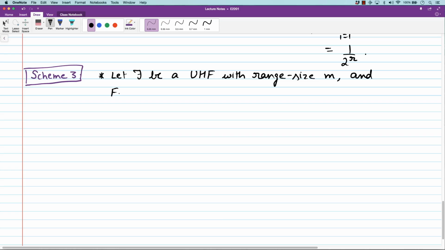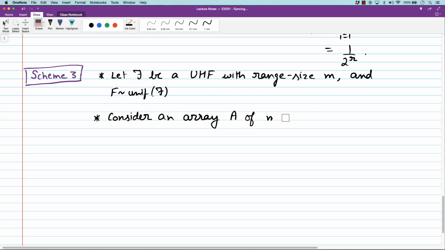And let F be uniform over this. So consider an array A of length m,